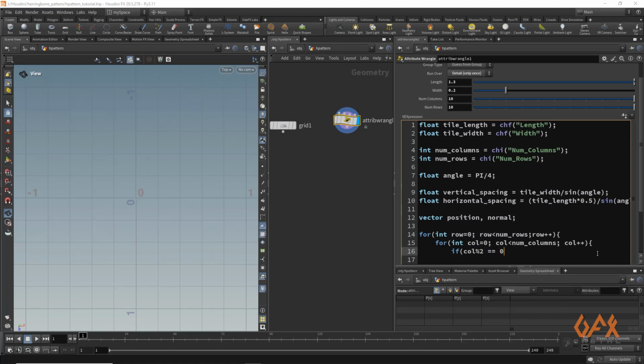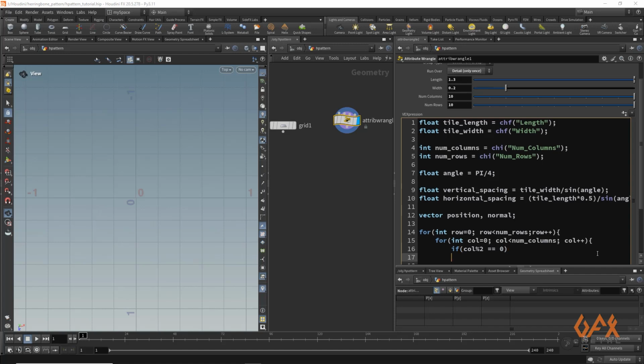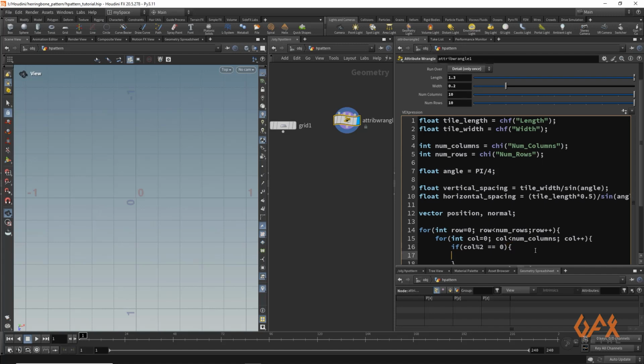So whenever you get a value like 0, 2, 4, it jumps inside this particular block. And what we need to do here is define that position that we already created over here. This position vector dot z should be row into your vertical spacing.